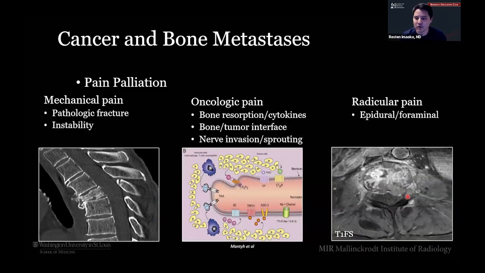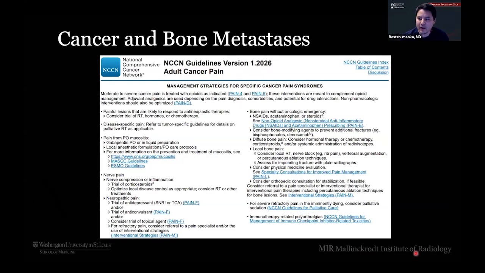And then, as I mentioned earlier, radicular pain. These patients often present to us this way. They may have initially had that dull, constant oncologic pain that was either controlled or maybe even tolerated with oral medications, but it eventually progressed to something like this, where here we've got a lesion. This is a fat-suppressed T1 post-contrast image, where you can see a significant epidural component here and then a foraminal component here, which is causing some stenosis. And this is where they end up getting radicular pain or myelopathic symptoms from all this epidural and soft tissue component. So why do they present to us so late in their disease? As I mentioned before, a lot of that is due to a knowledge gap.